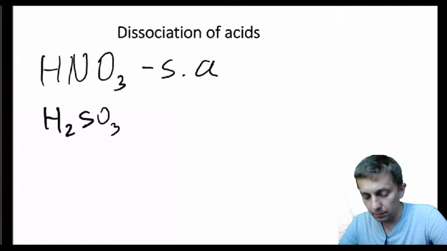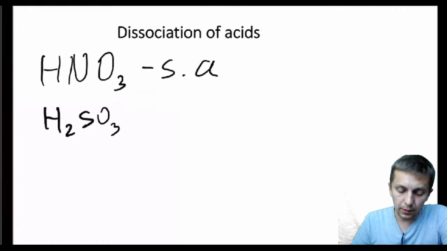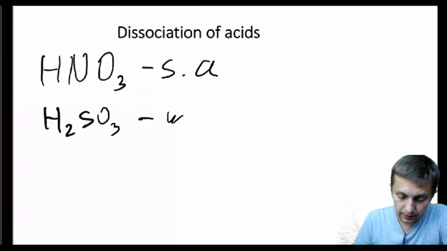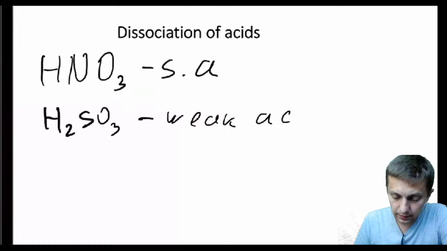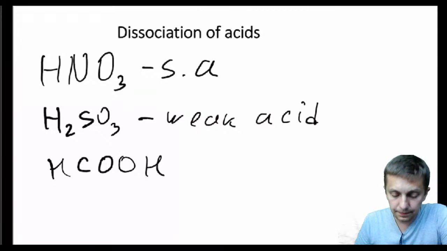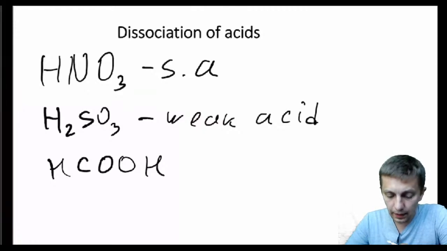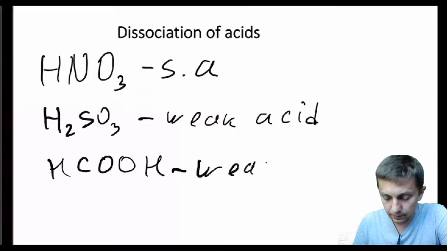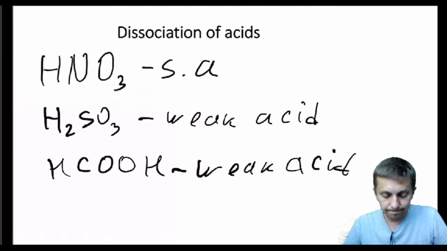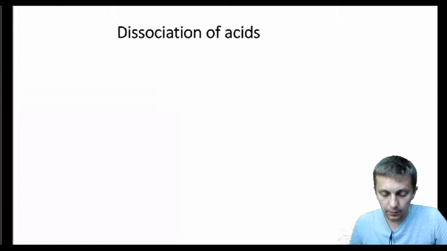So if it's not from the list, it means it's a weak acid. Or HCOOH, it's an acid but it's not from the list, and most acids are weak. So if you're dealing with a weak acid,